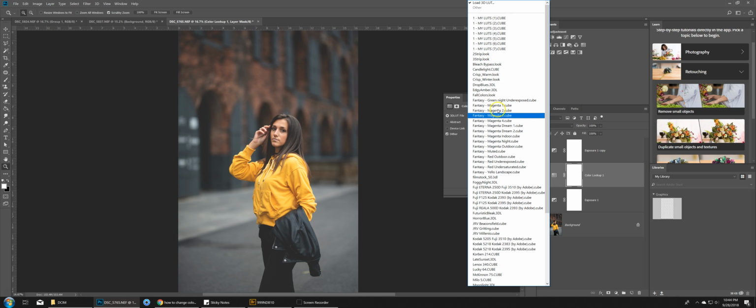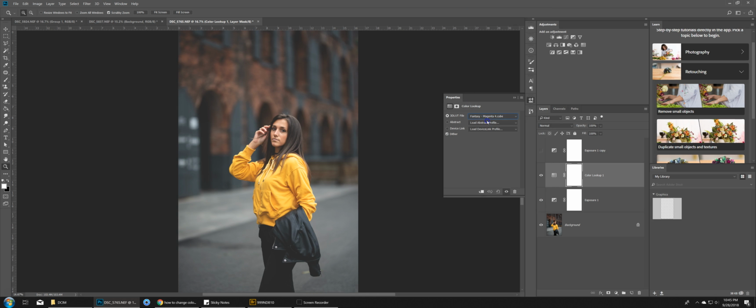So I'm gonna go ahead and select this Fantasy Magenta 4. These are all actually free lookup tables. So I'll go ahead and add this. A lot of people will love this look. This is more of a golden blue. I don't know if it's blue, but this is more of a faded look. I'm actually not very good at this, but a lot of people requested how I do my